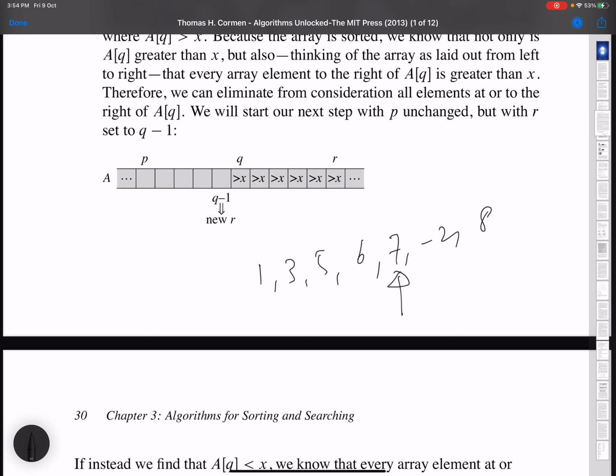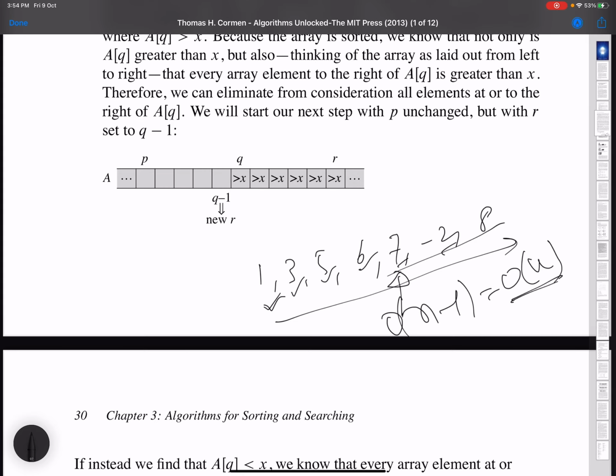So what we need to do is traverse one by one. We look at the first element, then the next, and so on. If we find our element of interest, we stop. In the worst case, it will take n minus 1 steps, and the upper bound will be big O of n.